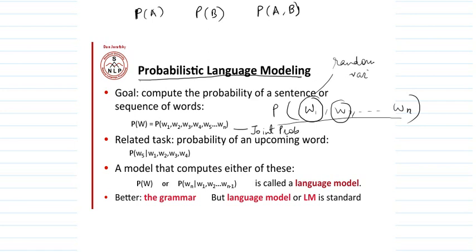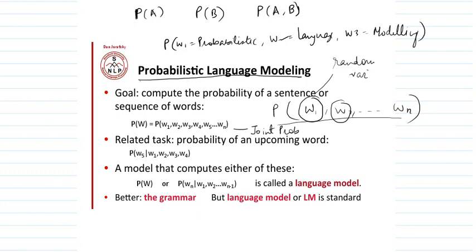So for this we can write p of w1 is equal to probabilistic, w2 is equal to language, w3 is equal to modeling, and then we can calculate the joint probability of these three collectively, right? These three all are occurring together, so we calculate the joint probability. This is one way. Another way could be finding the conditional probability, the probability of particularly an upcoming